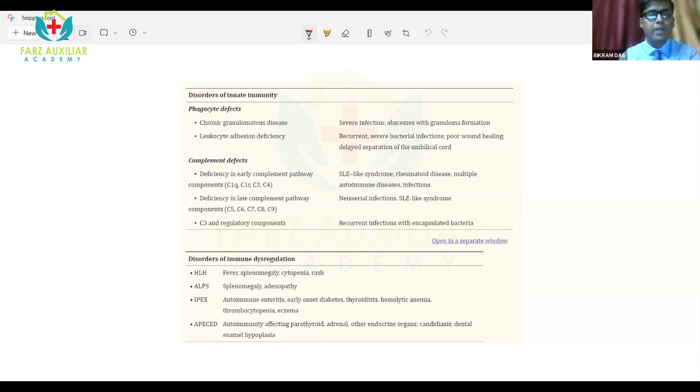interesting. So immune disorders can be classified broadly into two groups. It could be immune dysregulation or could be immune deficiency. The immune dysregulation is the autoimmunity or autoimmune diseases. Autoimmune diseases will be caused by autoimmunity when there is a cell damage by autoimmunity. So not all autoimmunity will cause the disease. Mere autoimmunity is the presence of antibodies against the antigens or the presence of T cells against the self antigens. When it will cause the cellular damage, then it will be called autoimmune disease.